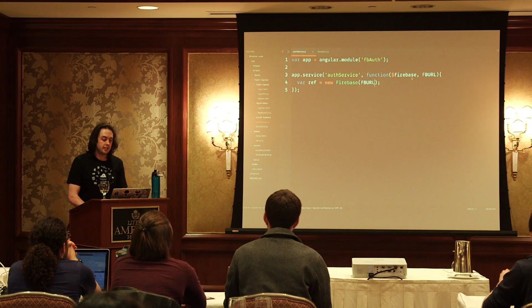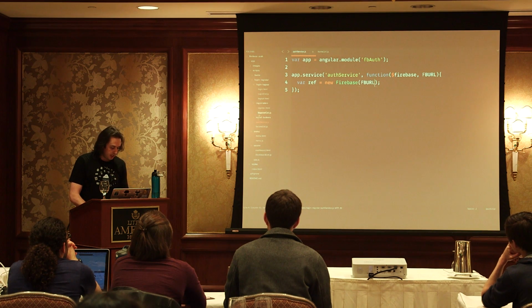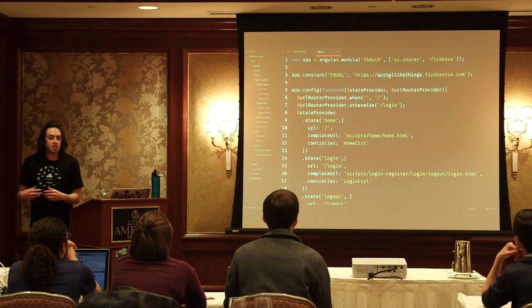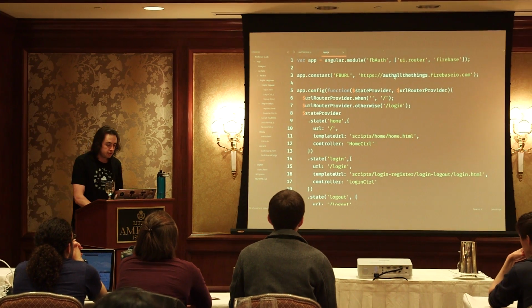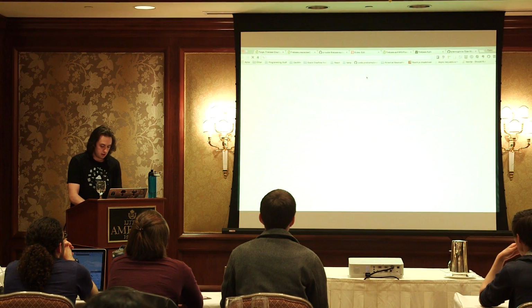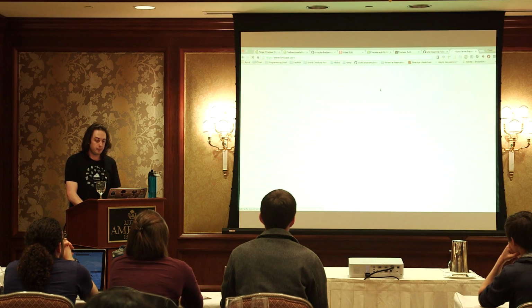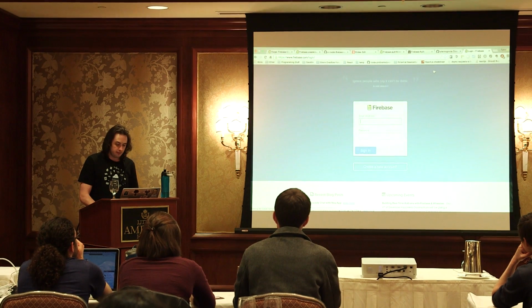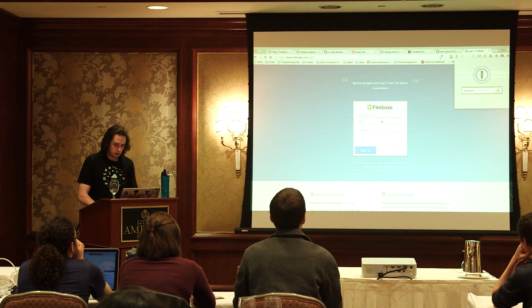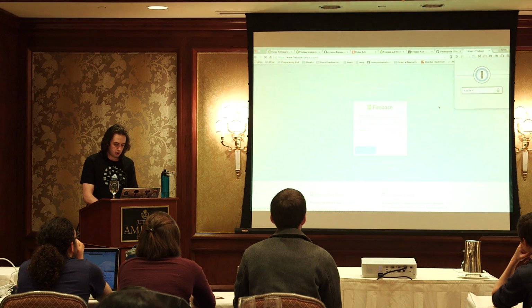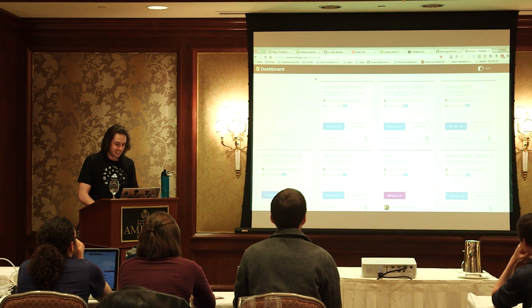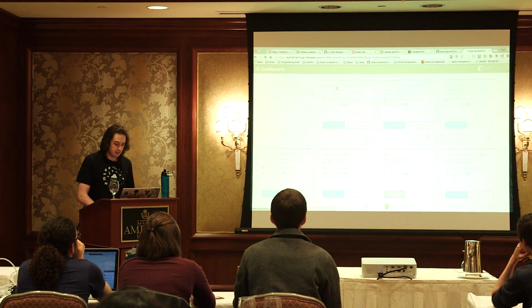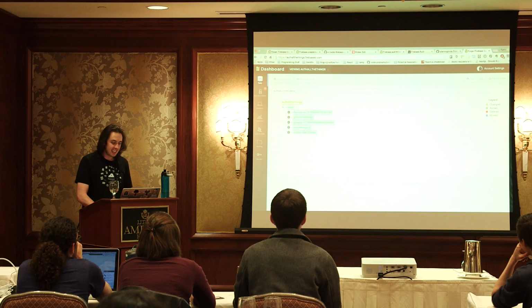This FB URL thing, all it is it's a constant that can be found right here. It's essentially just a URL pointing back to my Firebase. When you sign up with Firebase, for those of you who haven't used it, when you create a new project, it gives you a new URL. So if I log in, I have all these Firebase projects. The one I'm going to work on right here is auth all the things. Notice it gives me this URL.